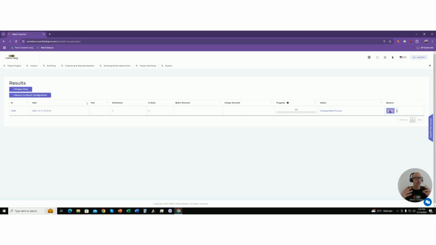We'll get scores for how similar the entity name values are. We'll be able to export all matches or all non-matches. We'll be able to deduplicate, like merge purge if you'd like to. We can essentially do several different things with the match results